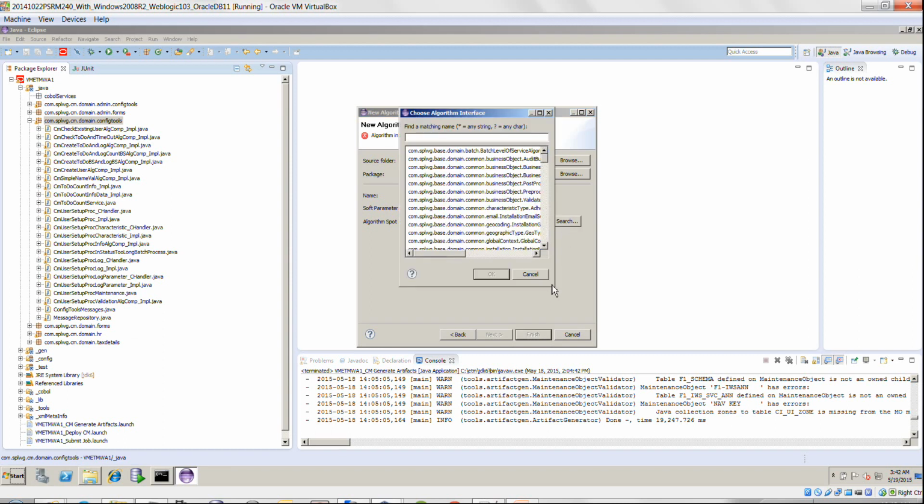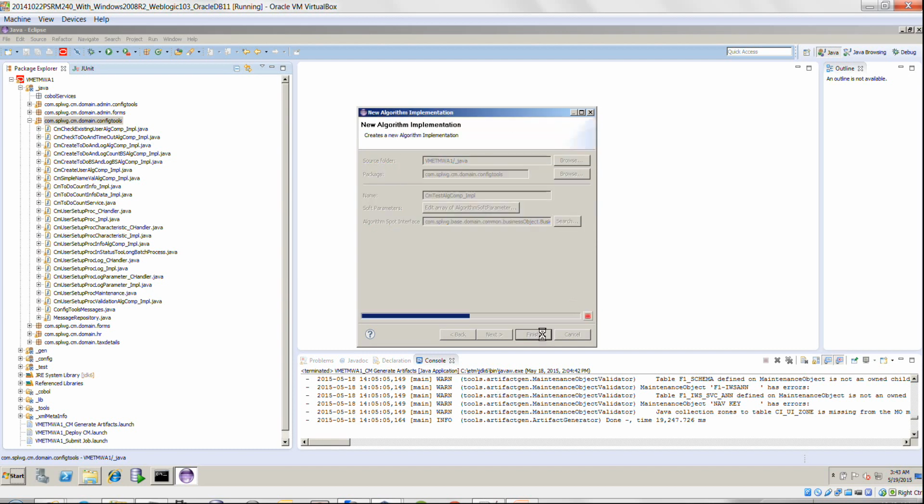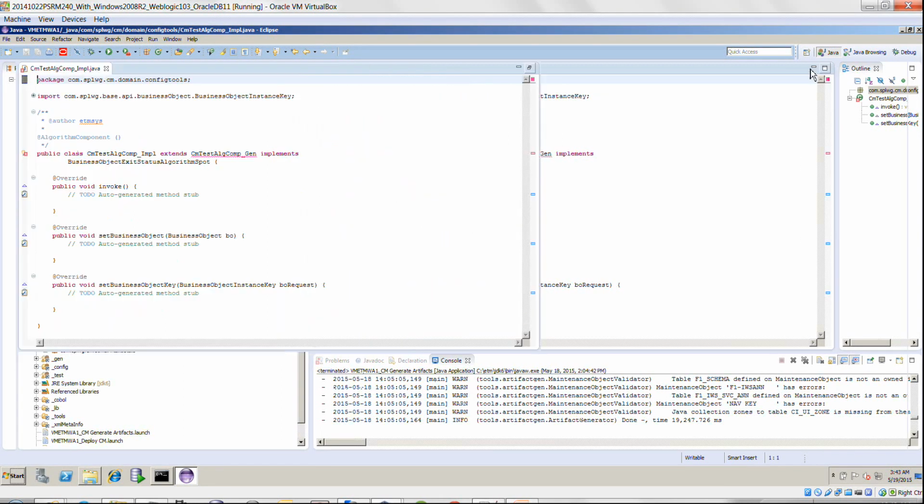The wizard brings up lists of the algorithms, and I'm going to choose, let's say, an exit algorithm. If I click on finish, the wizard creates the structure, the interface that I need to create. And now, if we have a look in more detail, we have the class